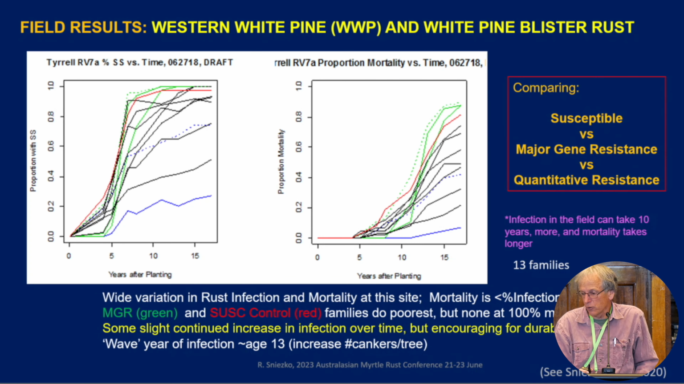And this is a graph that kind of shows that on the left, you're seeing the percent cankering in the families with quantitative resistance with the susceptible family, and the three green lines at the top are the major gene resistant family. And the major gene resistant families have